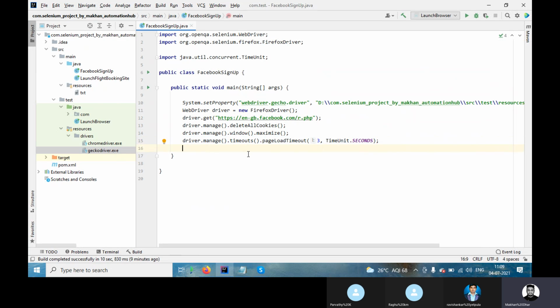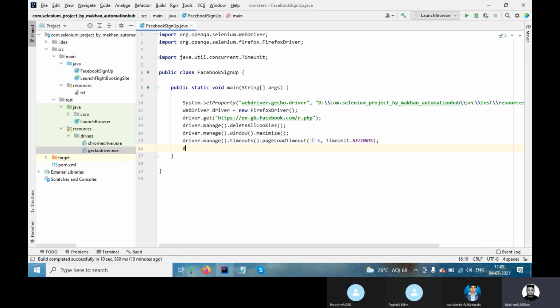In thread, whether your page is loaded or not, it will take the exact specific time. If I am giving 10 seconds, it will wait for 10 seconds, then move to the next element. This is page load timeout: it will wait for 3 seconds, and if it doesn't load the page, it will fail.